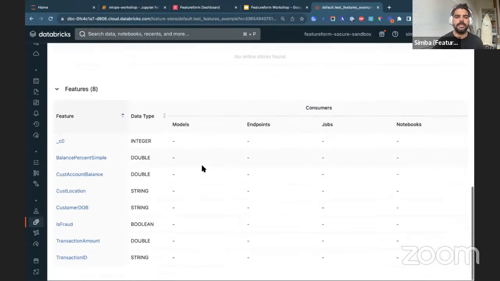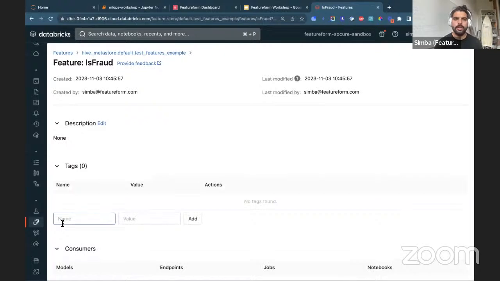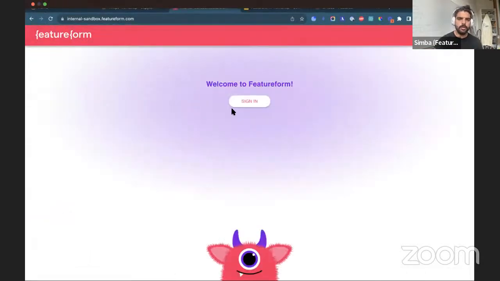The other problem is that it doesn't really have the idea of a label. Like, fraud in this case is a label, but there's no labels in this type of feature store. Every column is a feature, and there's one column which is the primary key, and that's it. So that's kind of the approach that literal feature stores take compared to something like Featureform,